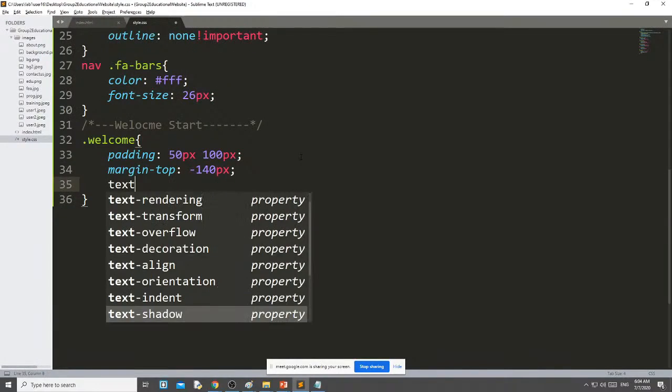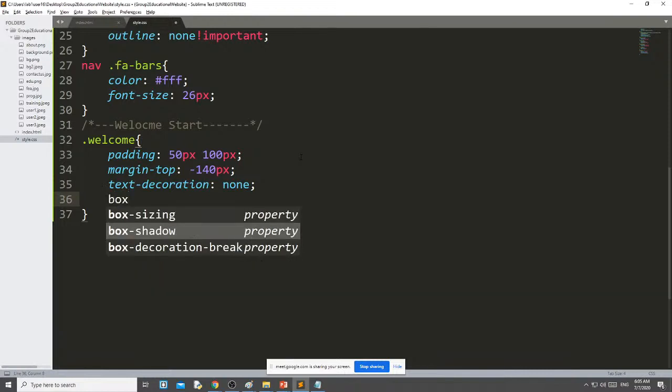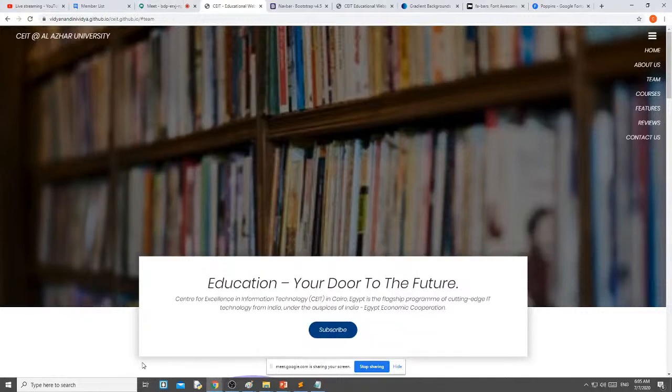Then text decoration none. Then box shadow, I want to get some shadow. Just see here, here is some shadow around the box. If you see properly, you can see the shadow.